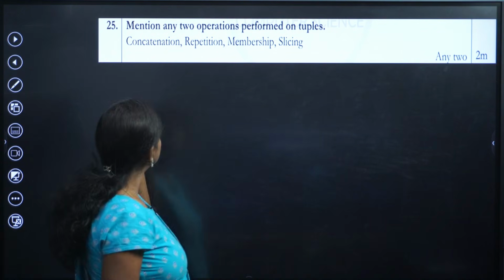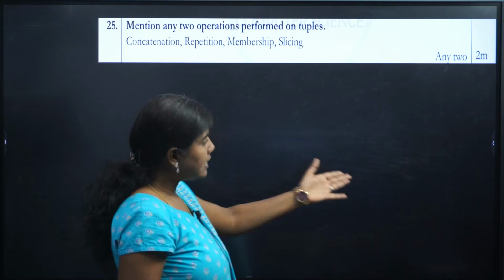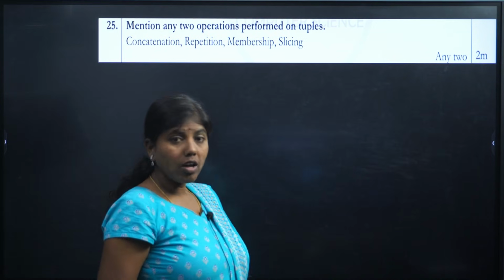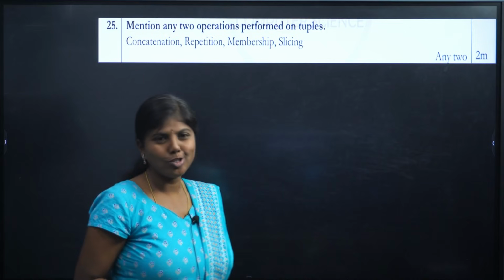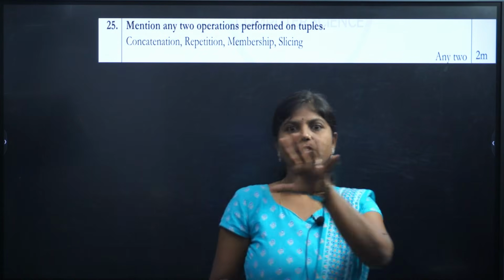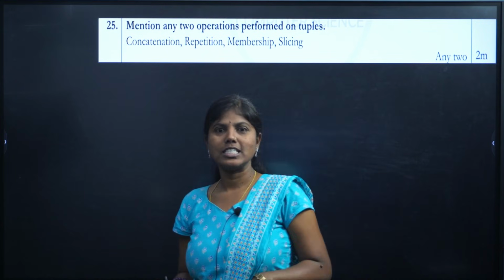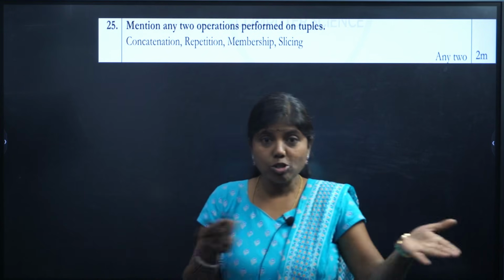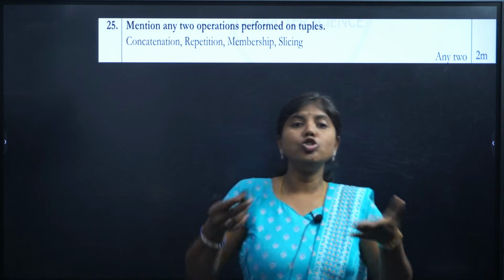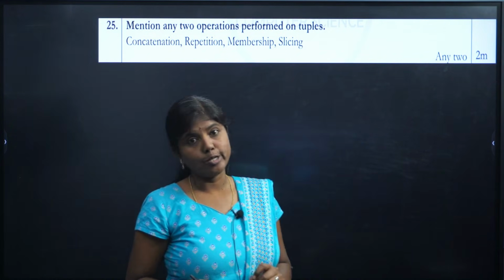Okay, concatenation, repetition, everything we will be discussing in the coming slide. It is there in the 3 markers. We will discuss in detail. I think concatenation you'll be able to tell me now, what is it? Concatenation means, for example, I love and myself, what is it? I love myself. That means it's going to be concatenation. Joining of 2 strings is called concatenation. Right?